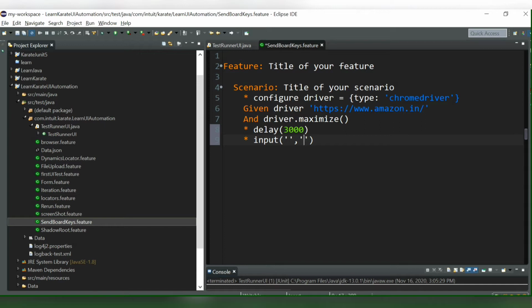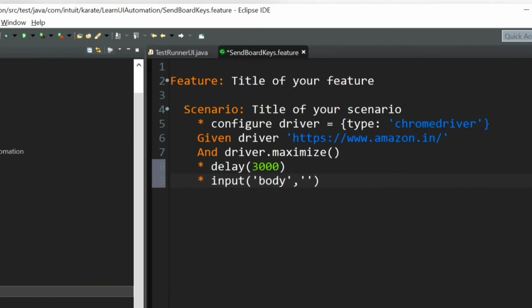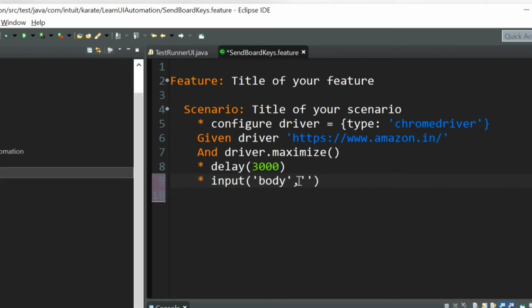But in case of other keys like special characters, tab, escape and all, we don't have to focus on a particular element. Without focusing on an element, we have to send the keyboard keys. So instead of giving the web element locator, you can give the body tag here, and remove these quotes and give directly Key.tab.